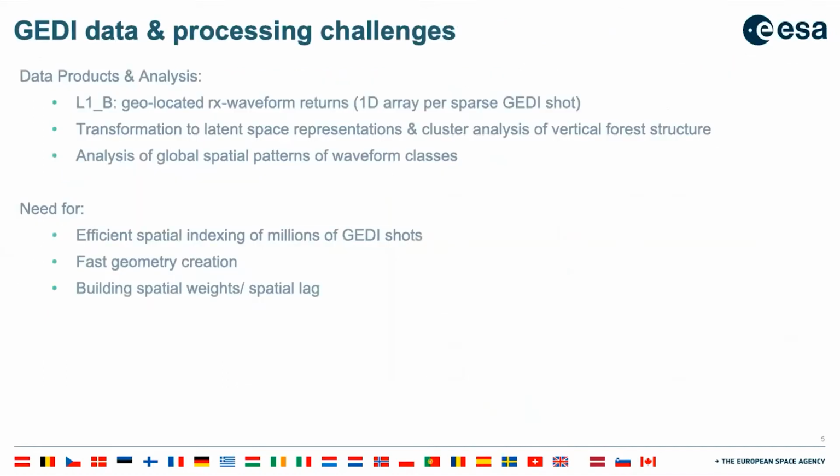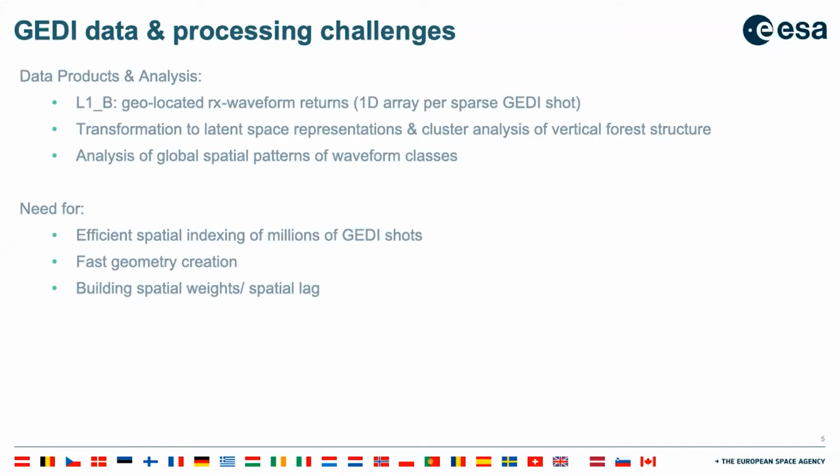So the challenge we're facing here is that we have millions or billions of GEDI shots, which are waveform returns, and we first want to transform these shots into latent space representations, to then cluster these representations and see if we can identify different classes of forest structure. And then in the next step, we would like to analyze the global spatial distribution of these